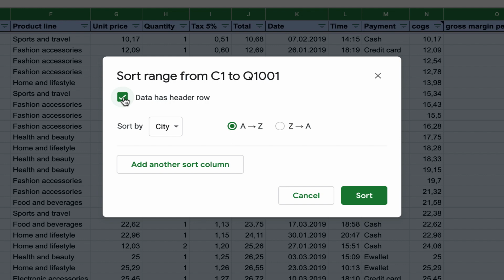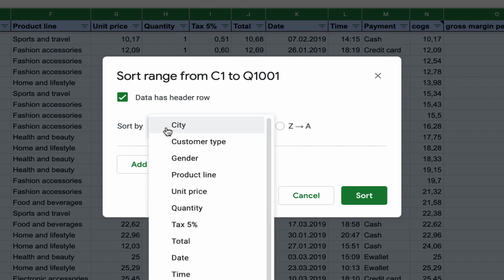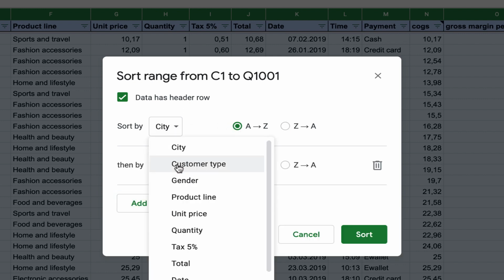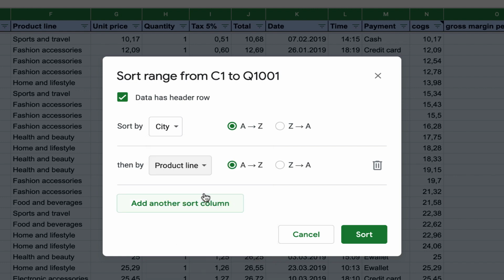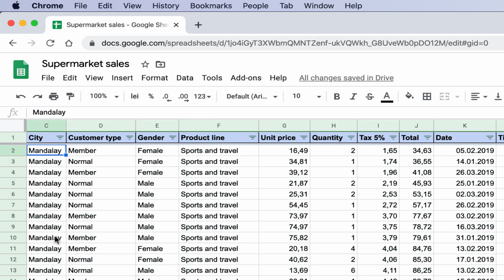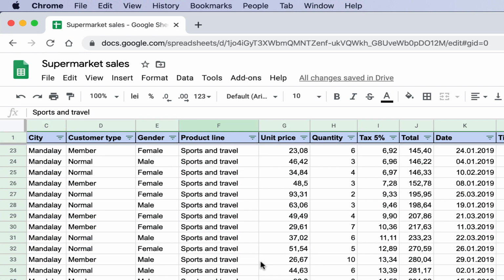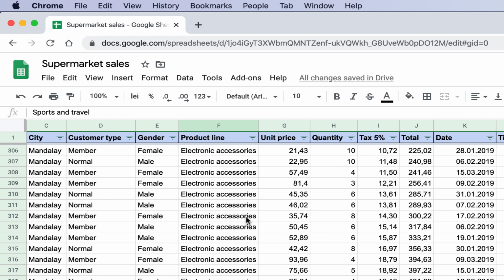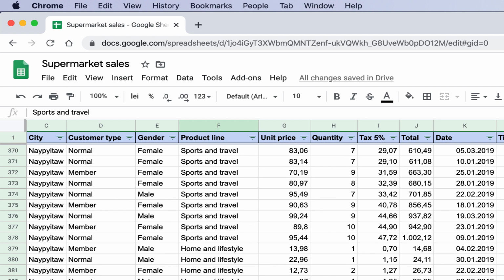So I've selected it, into the sort range. I'm going to check that checkbox because I want to select things more easily. So city, A to Z, and then let's also select product line. Let's use that Z to A just for fun. Okay, click sort, and you can see that you have Mandalay from sports to home and whatever, and then it will go to the next city, which is Naypyitaw, and with all of that